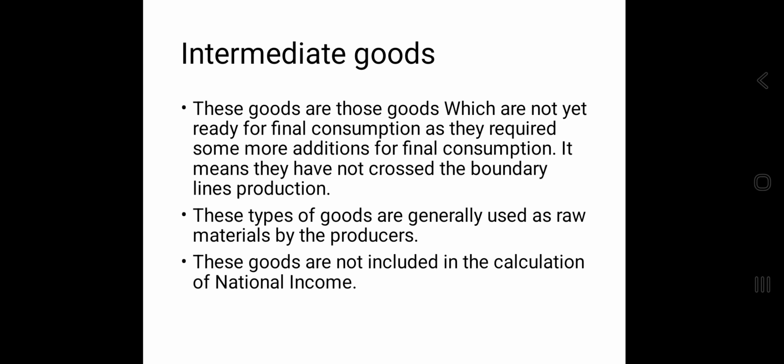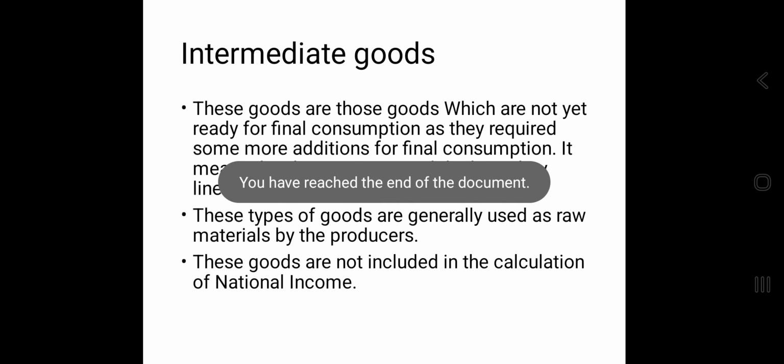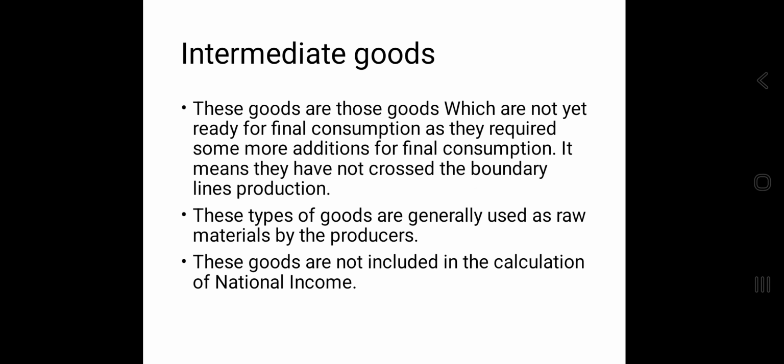Very, very important question from the exam point of view. Intermediary goods are actually added in the case of what? If it becomes a final consumer or final producer good, then it comes under national income. If it is a raw material, that is not at all counted in the case of national income. Clear? So these are our major basic concepts related to that particular chapter.